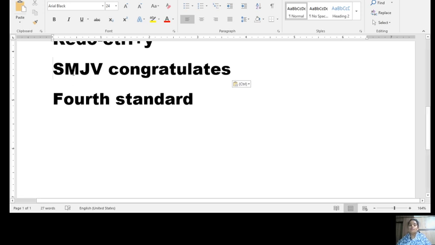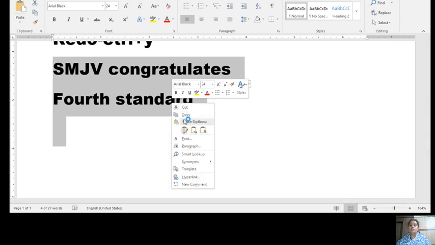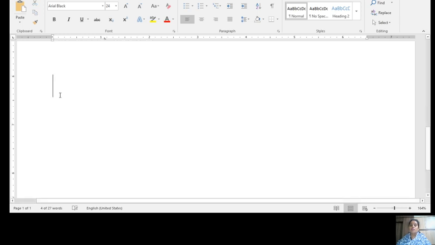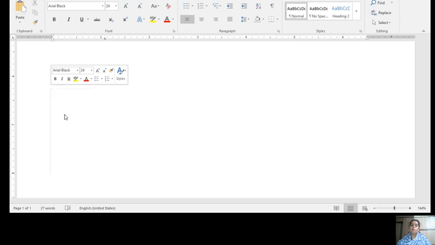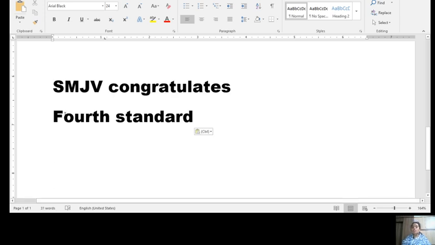Copying: select the text, then right click, copy, then place the cursor, right click, paste. Understood? That's moving the text and copying the text.